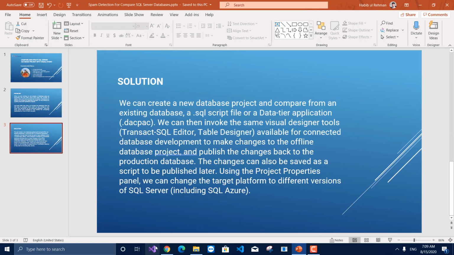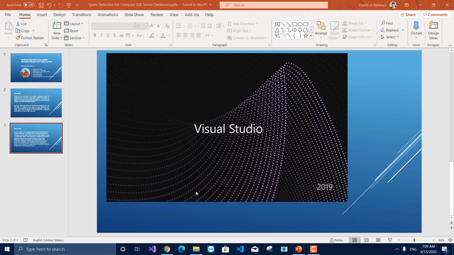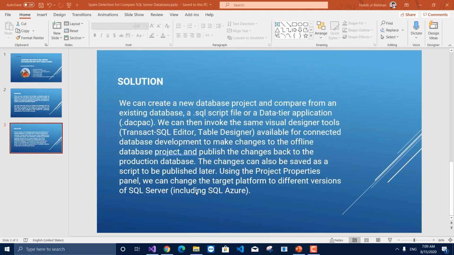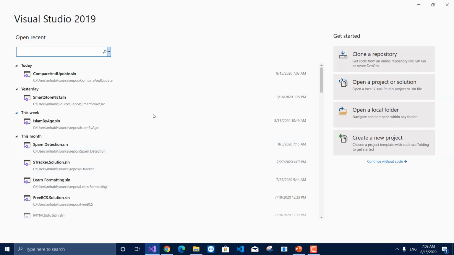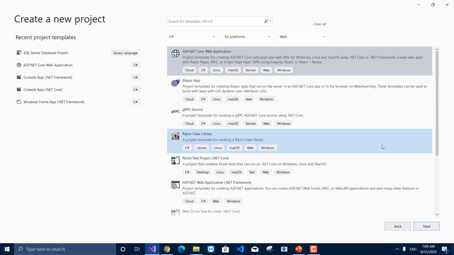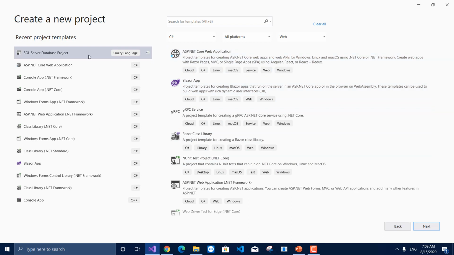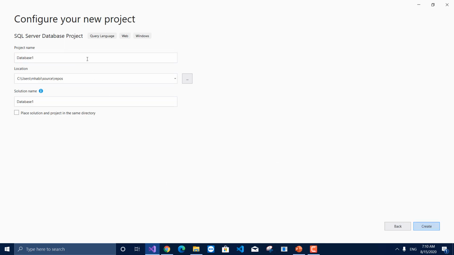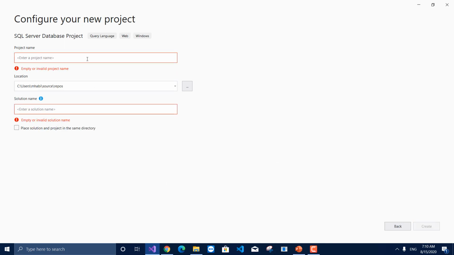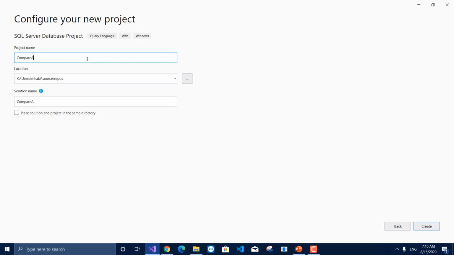So let's start. First of all, I will open my Visual Studio 2019. Here I will click on create a new project. I want to create a SQL Server database project, so select it and click on the next button. Here I will write my project name, that is compare and update database.